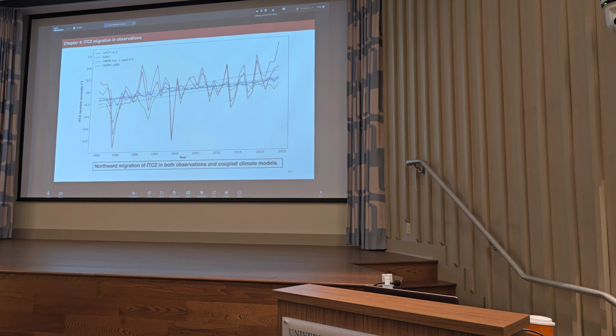Could the recent northward migration of the ITCZ be attributed to ENSO itself? That I'm not sure about. Or how much of an effect do ENSO events play in this recent higher magnitude of ITCZ shift? But yeah, that would be really interesting to look at, because that would of course control the ITCZ pattern and then the ITCZ migration.